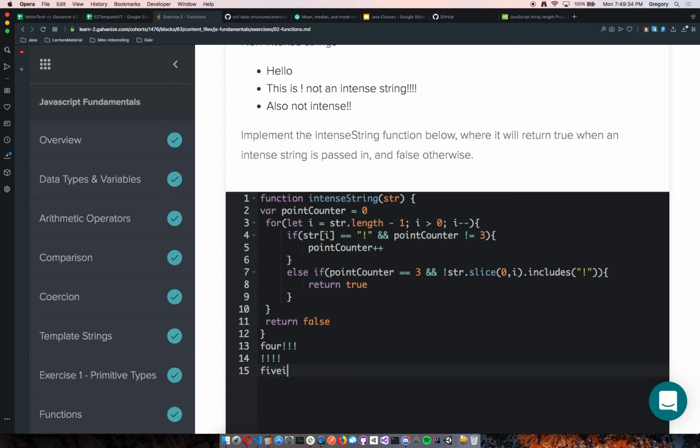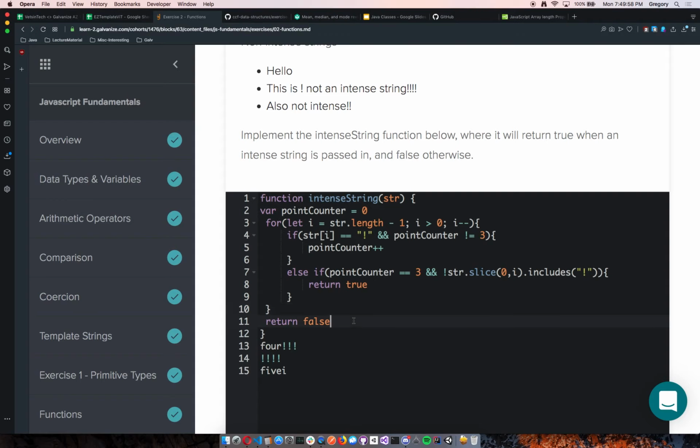5, and then I is at the end. This evaluates to true because now we have evaluated the end of this string. We've discovered that all of the exclamation points are at the end. Once we got through all of the exclamation points, we check the rest of the string. Does this have any other exclamation points elsewhere? No? Great. Return true. If none of these conditions are ever met, then we're just going to return false, flat